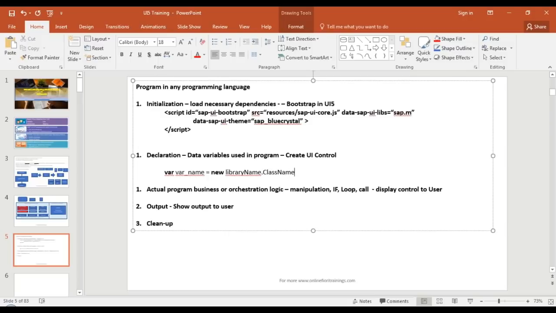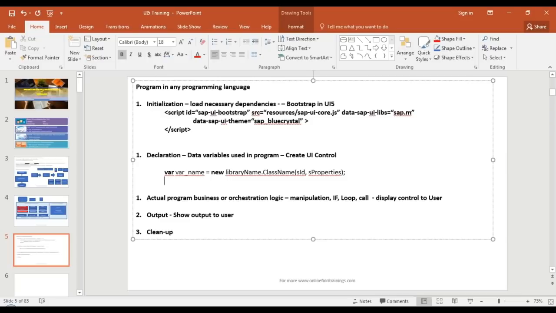Control class name like button, table, you want to use a text field, a switch control, a drop down, all that is a class name inside that library. And then you will put here sId comma sProperties. That's what you will be doing here. Now what is sId? sId is nothing but the unique ID